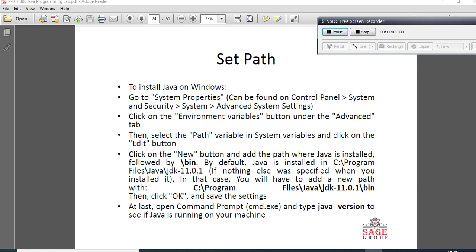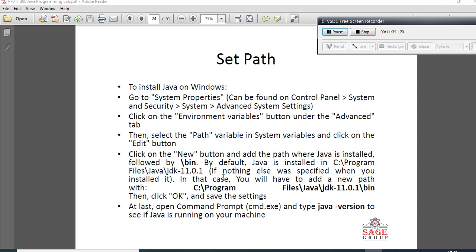Here click on environment variables under the advanced tab, then select the Path variable in the system variables and click on the edit button. Then click on the new button, then click on the browse button, and you select the path.